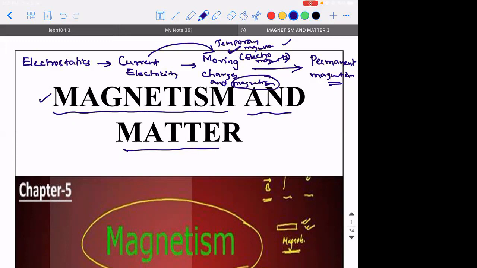If suppose that is an experiment which you wanted to demonstrate, okay? Whereas there are materials like bar magnets, horseshoe magnets, all these exhibit permanent magnetism. That is, they don't have any connection with respect to whether you connect a battery across them or not. You take that material close to an iron bar, it will start attracting them. Am I right? So those kind of magnets are called permanent magnets. So in the previous chapter, we got the idea that magnetism and electricity, which are two different branches of physics, are very well interrelated. Means you can generate magnetism from electricity. That's what the fourth chapter told, right?